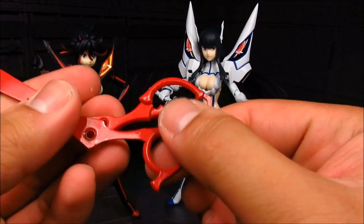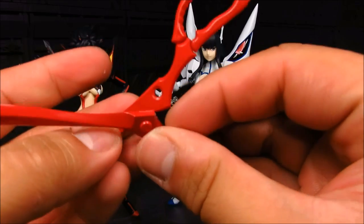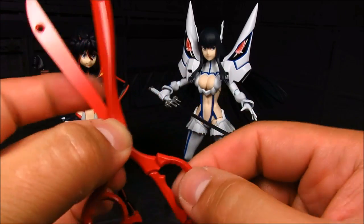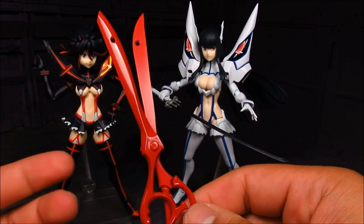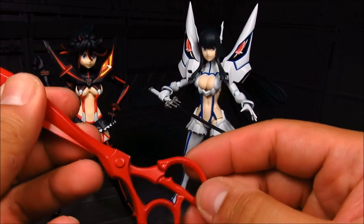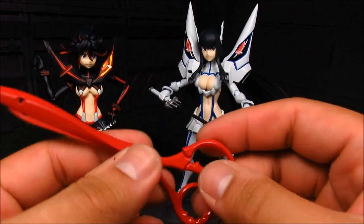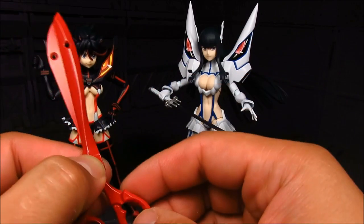I think it doesn't matter which side you put it on. And just put it on one first, then put it on the other. Then you basically put this other side to lock it in place. And there you go. So this is the closed position. And there's a tendency to go over it, but there you go. Very interesting design. Yep. And obviously my finger is too big to actually make it look like it's a scissor, but yeah, quite